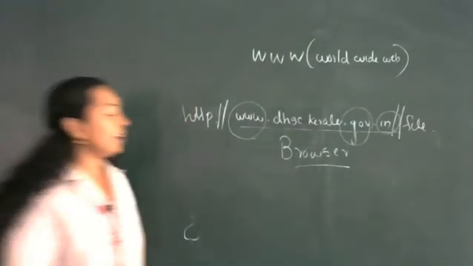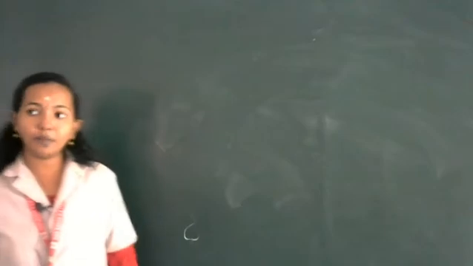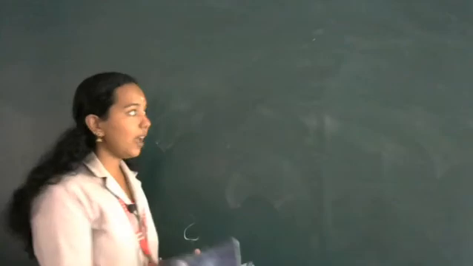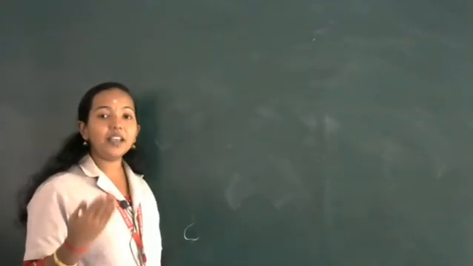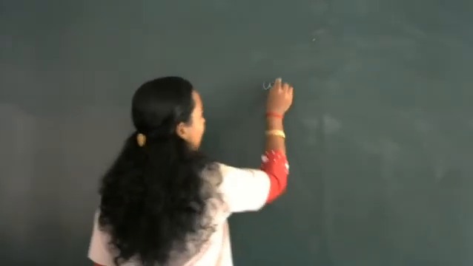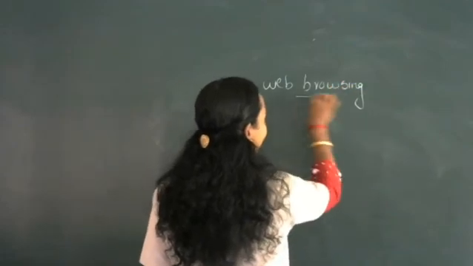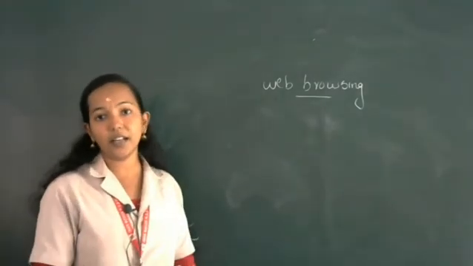Another concept: when we double click on a web browser, for example Google Chrome, we will get a web page, definitely the Google homepage. In that Google homepage, there will be one text box. In the text box, we can type the URL and click on the go button and it will search. That concept is known as web browsing. Web browsing is the third service provided by the internet. What happens when we are executing the web browser?